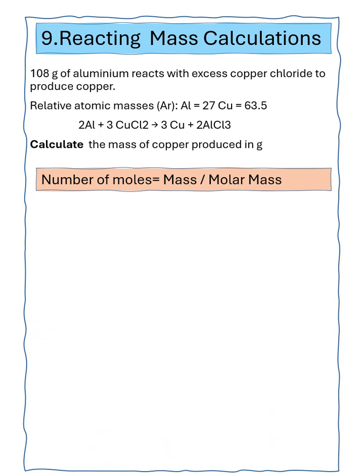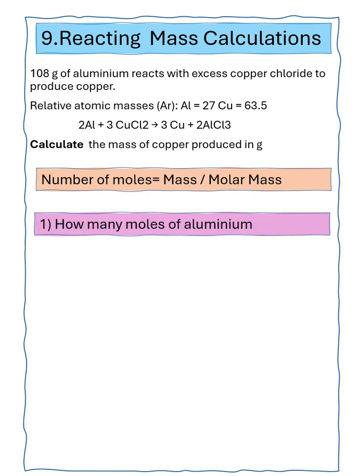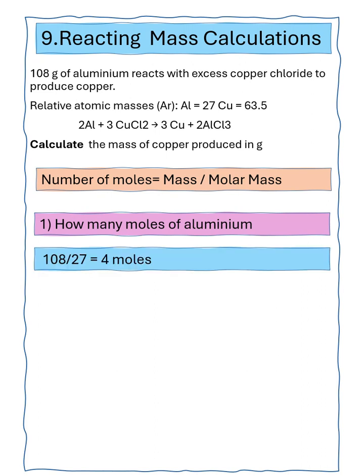So question 9 says 108 grams of aluminium reacts with excess copper chloride to produce copper. We're given the chemical equation and we're asked to calculate the mass of copper produced in grams. So we're going to use the equation, number of moles equals mass divided by molar mass, throughout the question. First thing we've got to do is calculate the number of moles of aluminium. So we're told we've got 108 grams of aluminium and the relative atomic mass of aluminium is 27. So using the equation number of moles equals mass over molar mass, we can calculate we've got 4 moles of